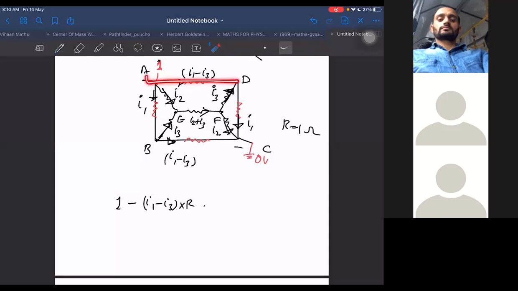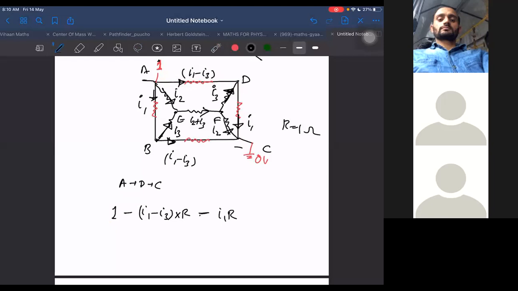Start from here, go to AD. Let me tell you which place we are going. We are going A to D and D to C. A to D, D to C. Is it a closed loop? It is not even a closed loop. It is open only. But how to write the equations for an open loop? I will tell you now. Start from here. After that, D to C. D to C is minus I1 into R is equal to, now here we are reaching up to which potential? Zero potential. So this potential is equal to 0. That also we can write.